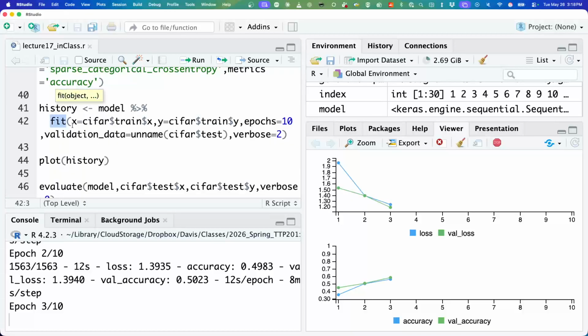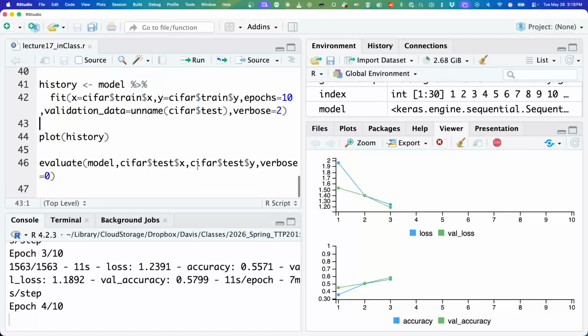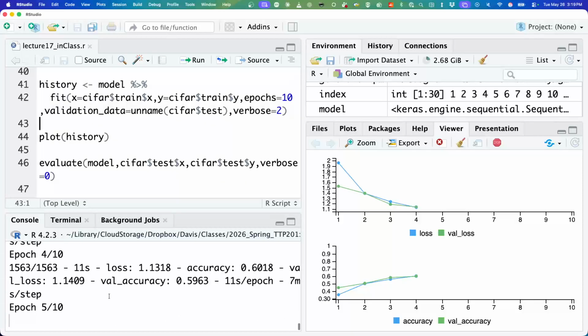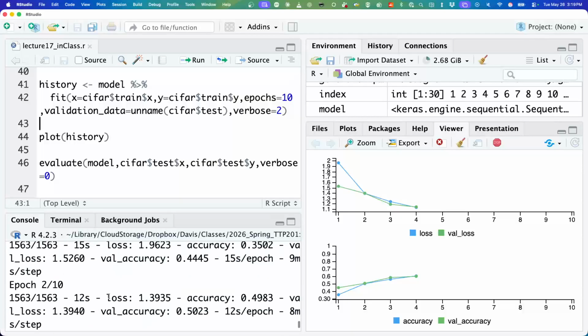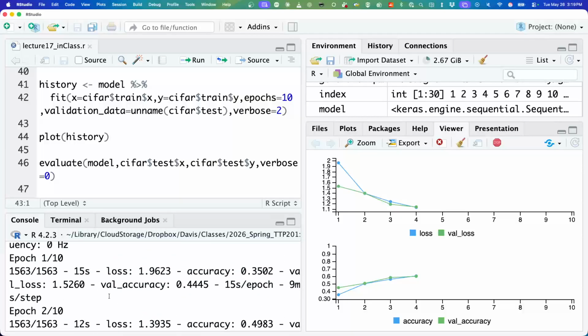So fit is the function that will actually run everything, and it does take a little while to run. What it is doing is, we built out the neural network and it's iterating essentially to figure out what the right weights are for applying the filters. I fed it both a training and a testing data set, and it's looking at the sort of